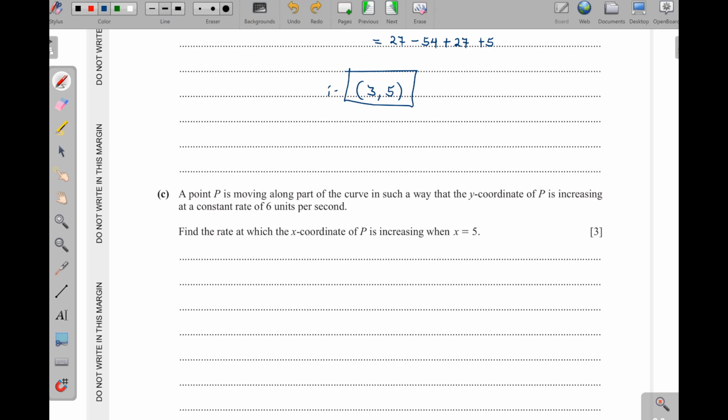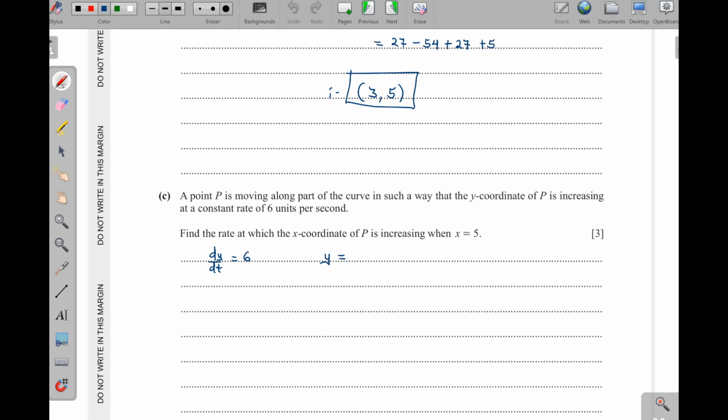Now what we are given is dy/dt, which is 6. Okay, they said it is increasing. Suppose they said that it is decreasing, then that means we would put a negative here. Okay, mark that. All right, now we have y, which is equal to